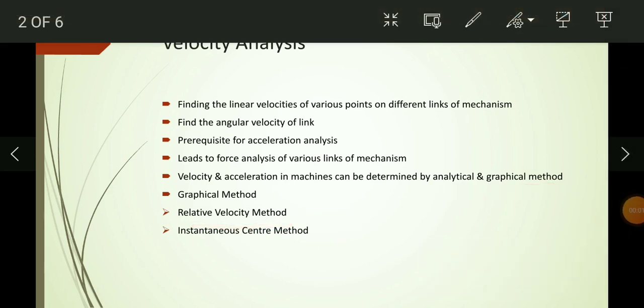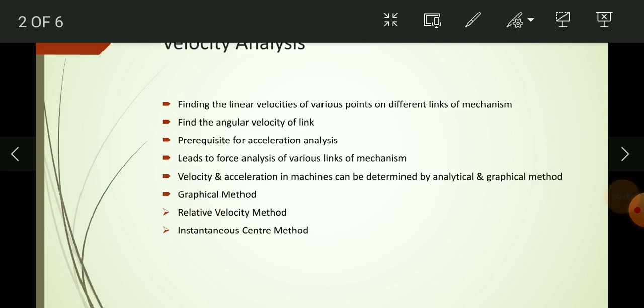Since we are discussing the graphical method, you would require drawing instruments. Here in the graphical method, we will be making drawings as per the given dimensions. So you must have a pencil, scale, a rubber, protractor, set square, compass, etc. This is a prerequisite for